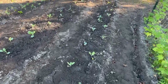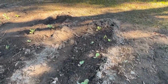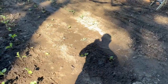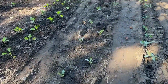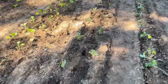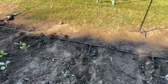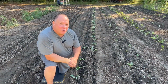Now, cabbages obviously will get bigger heads the more space you give them, to a degree. So this is going to be the same principle for the broccoli. It was the same principle for what right here in front of you is the cauliflower. And since cauliflower and broccoli are very, very similar in nature and how they grow, if not almost identical other than what they produce as a head, I'm just going to go on record as saying,